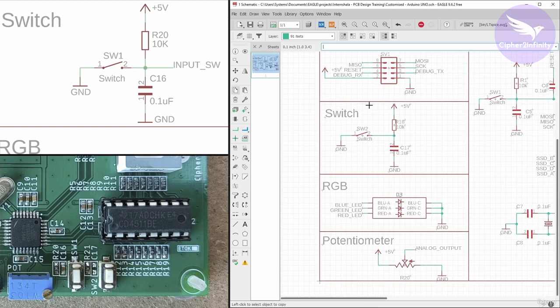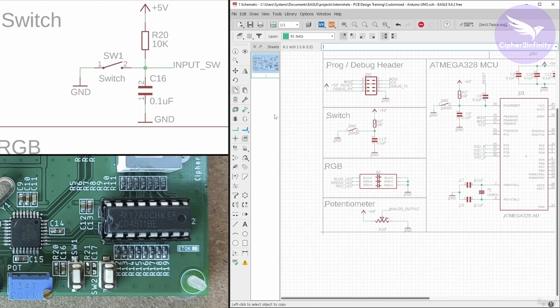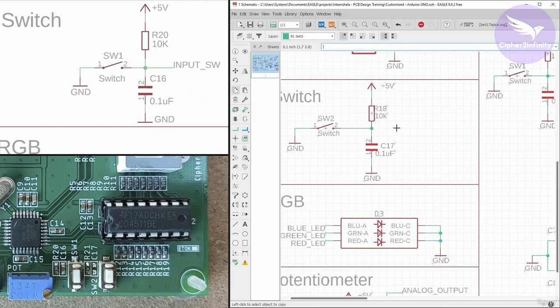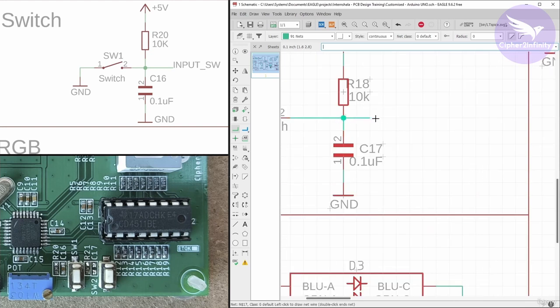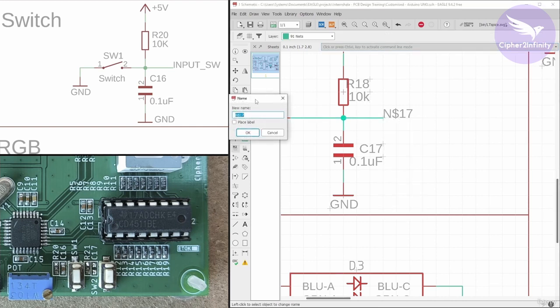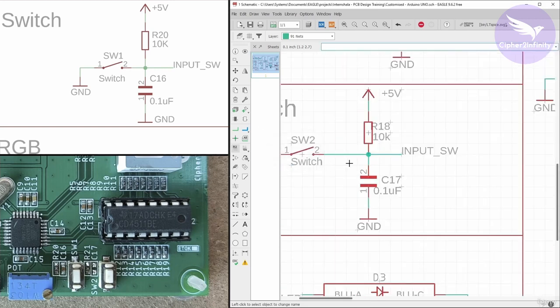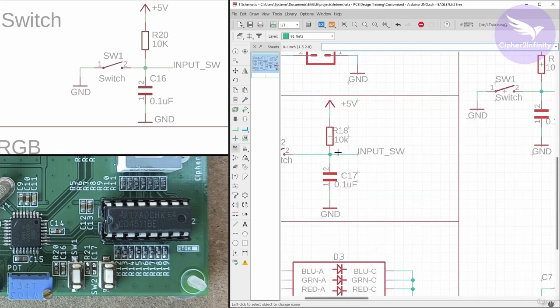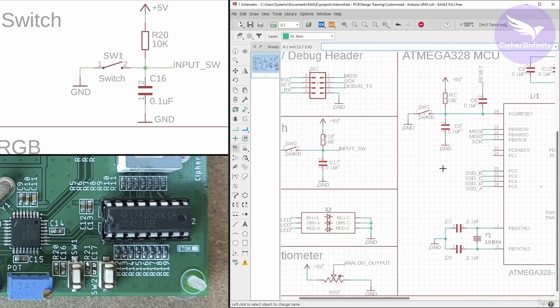So that's how basically we have to create the schematic, and this particular pin will be connected to one of the pins of the microcontroller, and we have to give the name to this particular pin as switch input, because this is a user input switch. And after that I will name this net label to input switch. Alright, so we are done with the naming of user input switch, and this switch will be connected to PC1